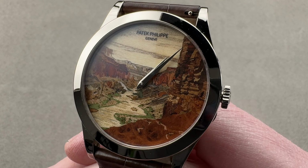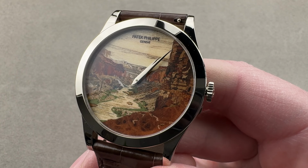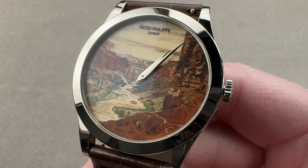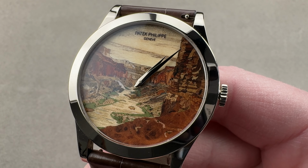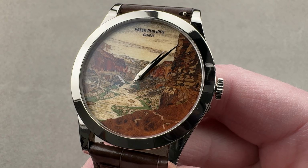The watch you're looking at features America's Grand Canyon, and the timepiece was constructed of over 200 pieces of wood and 20 different varieties to create the image of America's natural wonder. And that was the theme of all of the watches and clocks, Americana. So the watch, technically speaking, does have a reference and it does have a name. It's the Calatrava